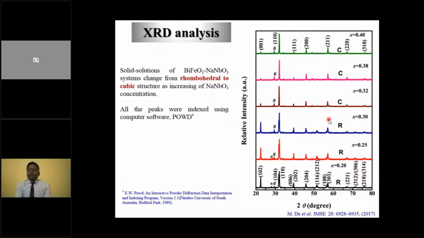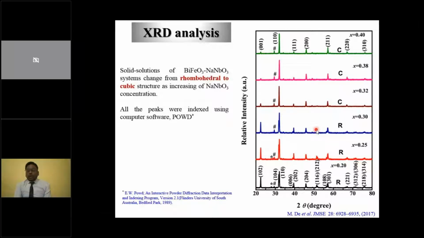Here one can see that when the sodium niobate concentration is 0.20, 0.25, 0.30, the crystal phase is written as a rhombohedral structure. And when it is 0.32 and above that, then it is the cubic structure. Hence we can find a morphotropic phase boundary near x equal to 0.31. If someone tries to debate how you can confirm it,